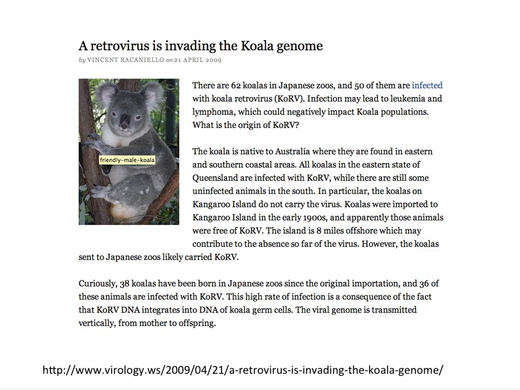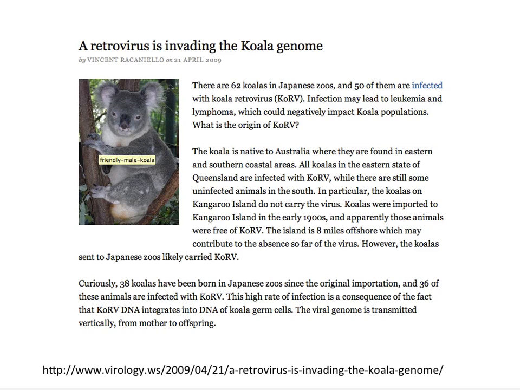Now, this whole process of getting a retrovirus in your germline is called endogenization. That's right, they're endogenous retroviruses. That means in your germline. The process of getting the virus in your germline is called endogenization. So with people, we were endogenized millions of years ago in our ancestors, not even Homo sapiens. So someone got a retrovirus infection, it went into their germline, and then all their offspring had that retrovirus in